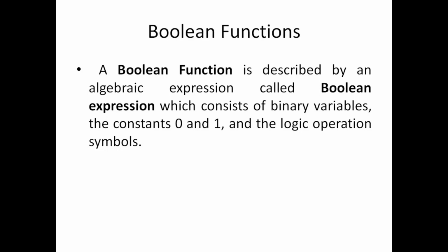It takes any alphabets, and we can substitute the values for the alphabet as either 0 or 1, and it involves the logical operations AND, OR and NOT. So Boolean expression is simply said to be the combination of the binary variables and the logical operators. The binary variables may be any alphabet x, y, z or a, b, c, and that variable takes the values as either 0 or 1, and it is combined with the operators AND, OR, NOT.